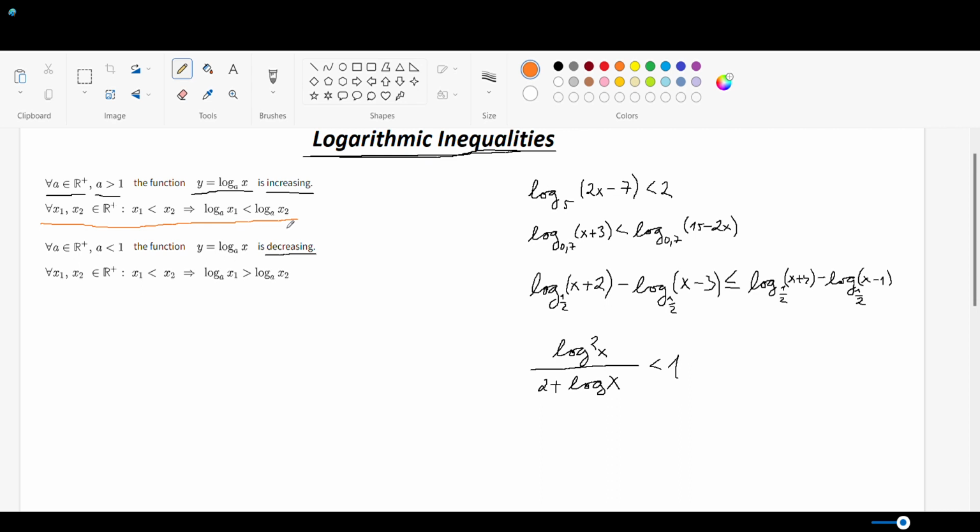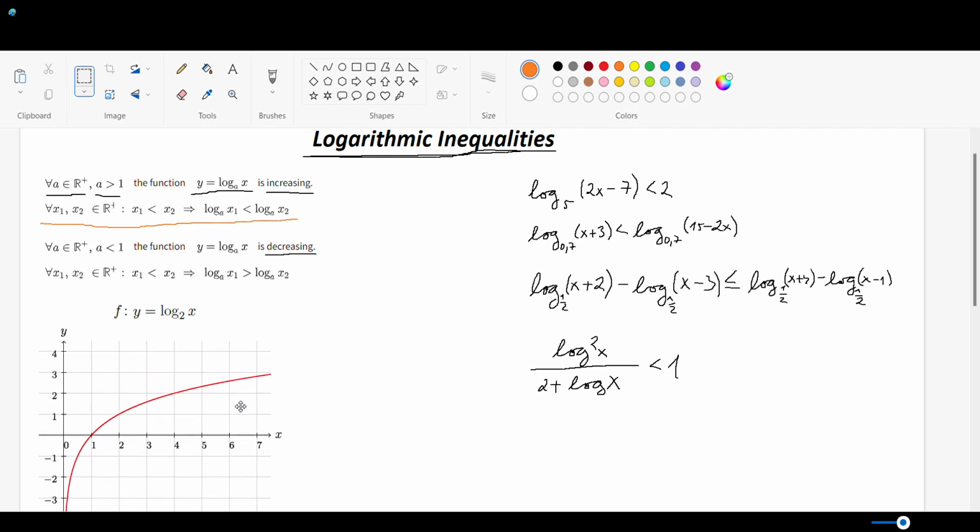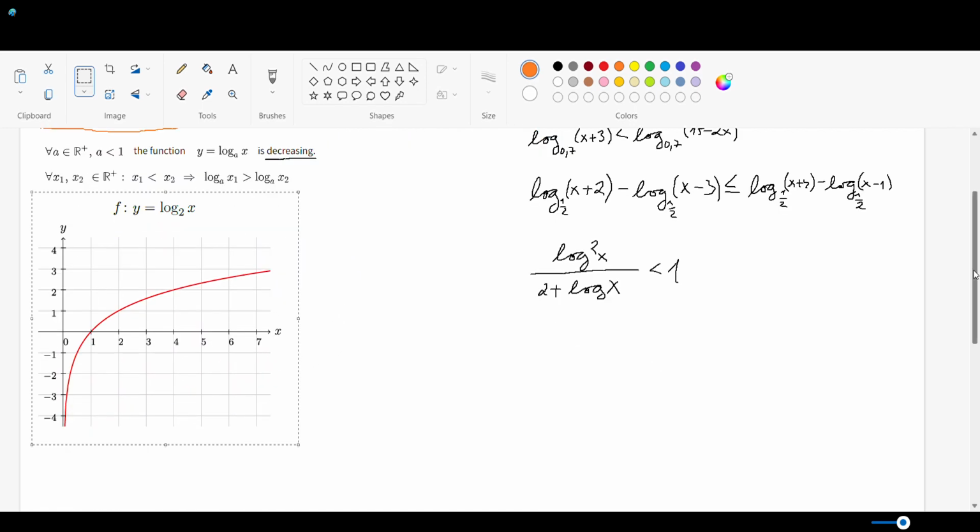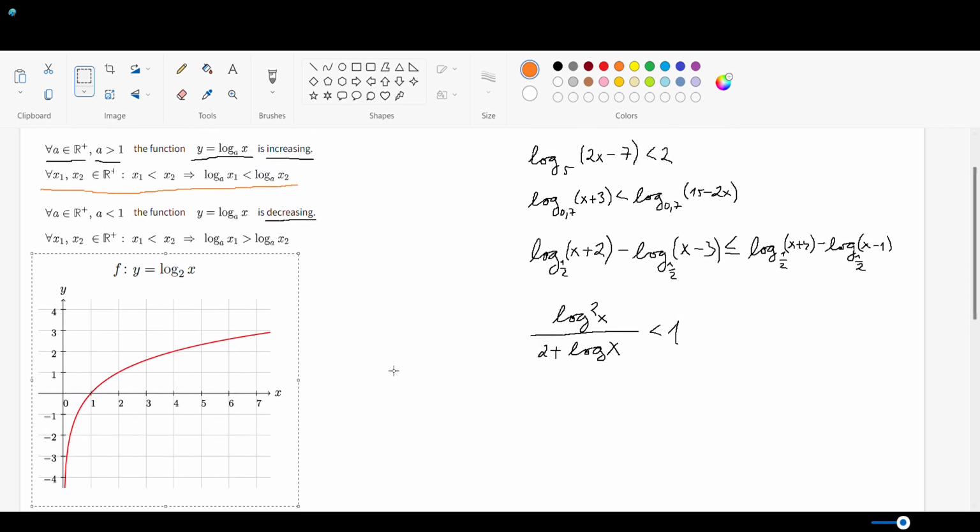the value of the function at x2. I want to explain this on the graph, and in this case let me take the function defined by the equation y equals log base 2 of x. If you have a look at the graph of this function and think about this definition of the increasing function, it simply says if you take any x, for example x equals 1, this is our x1, and you take, for example, x2 being 2, and you find the values of this function, the value for x1 is equal to 0, and the value for x being 2